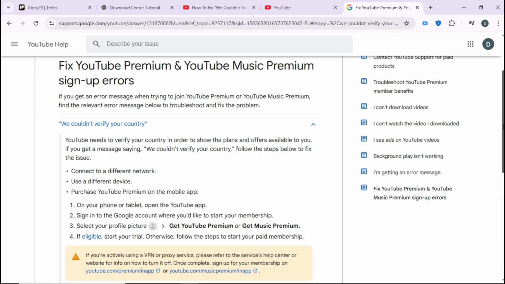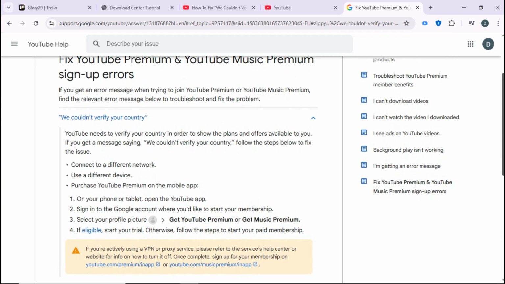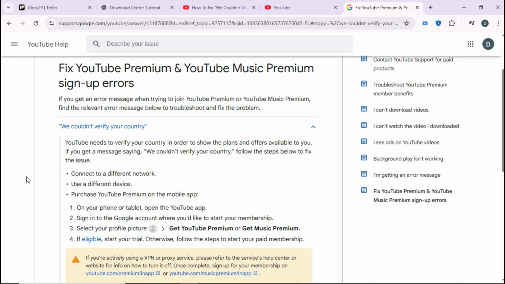Once you've completed these steps, the most important move is to purchase your membership using the YouTube mobile app instead of a web browser. After doing this, the error should be resolved, and your premium benefits will work without interruptions. And that's all there is to it. By following these simple steps, you'll be able to fix the "we couldn't verify your country" YouTube Premium error easily